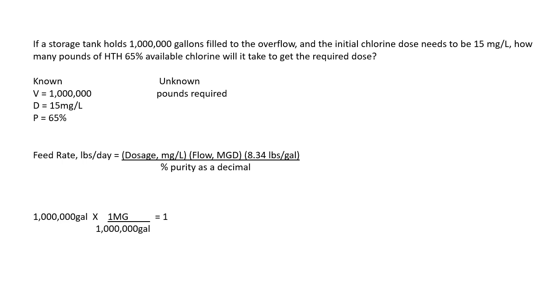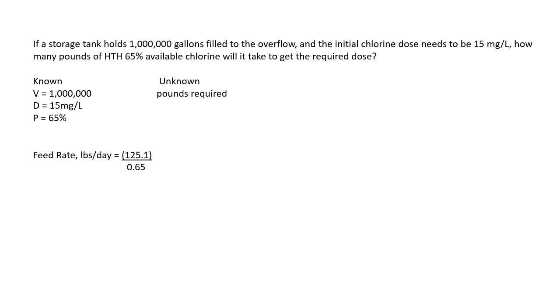So now we can plug this into our formula. 15 milligrams per liter times 1 MG times 8.34 pounds per gallon divided by the percent purity as a decimal, so 0.65. We're going to go ahead and do the math on the top first, which gives you 125.1. So now we're going to divide by 0.65, and your answer is